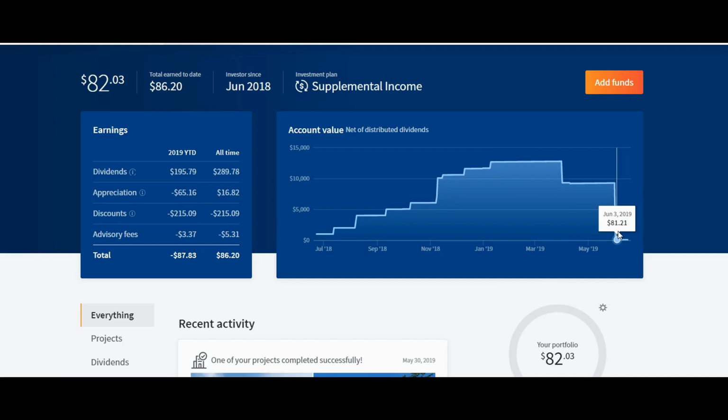And of course, this big drop is basically just selling all of my shares of the supplemental income plan, and no more investments in Fundrise right now. There's just about $80 waiting to be redeemed. I believe that's just leftover dividends. So if you do all the math here, I already did it for you guys. With my capital put in and all dividends reinvested, I really only made between 3 and 4% with Fundrise in